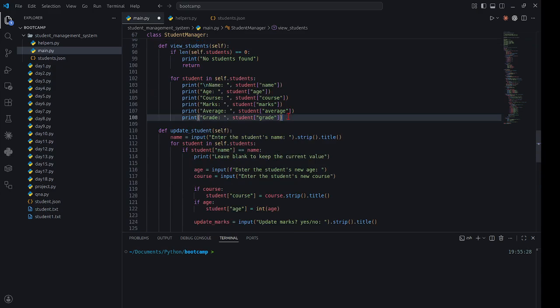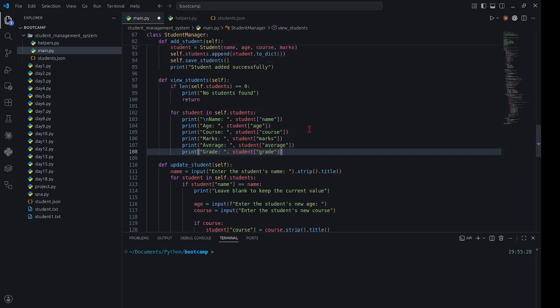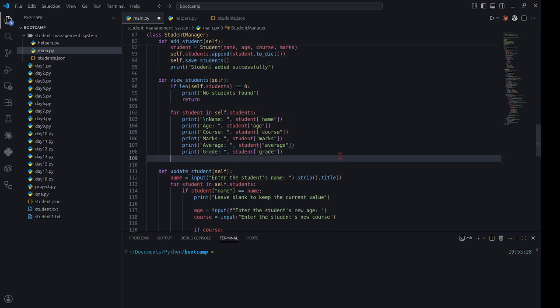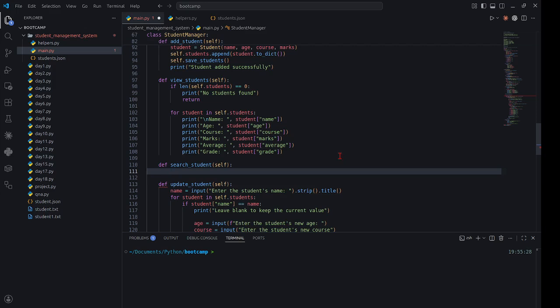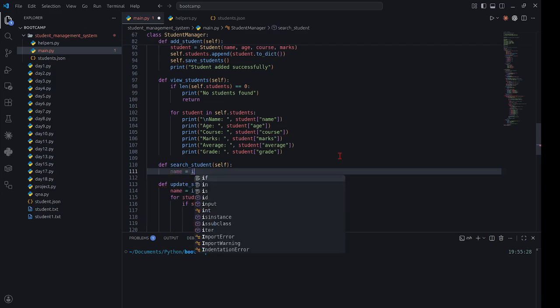So since we have now created our new method update student, we also need another method of just searching for a student, right? So we can add students, update students. So we also want to be able to search for a student. So I'm going to create another method called search student, right? So I'm going to get the name,